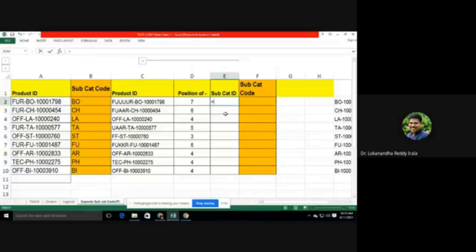So now I use a MID function. Like LEFT and RIGHT, you have MID. So what is the text? This is the text, and what is the starting number? So here I want to start from B. So B is actually 7 plus 1. So this plus 1, comma. Then once I am starting, how many characters do I want? I need two characters. Two. So MID C2, comma D2 plus 1, comma 2. These are the function arguments.